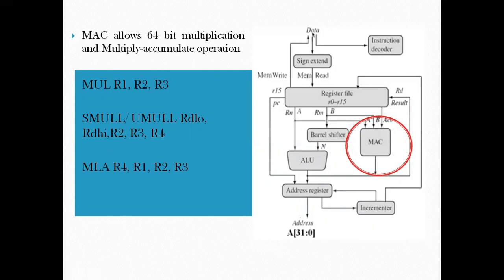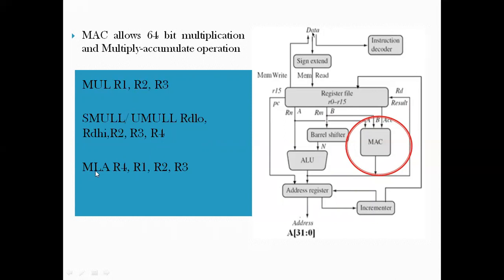It accepts multiply long. S stands for signed, U stands for unsigned, MUL is your multiplied, L in the end, this prefix is for signed, this is for unsigned, this L that is suffix that is for long, that is 64-bit multiplication. Okay, and it is going to accept four operands. So I have RD low, RD high, R2 and R3. R4 is not required, it doesn't accept 5.